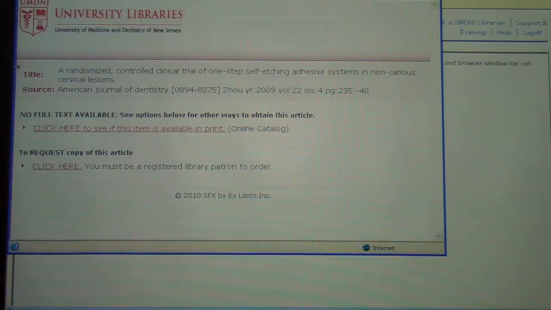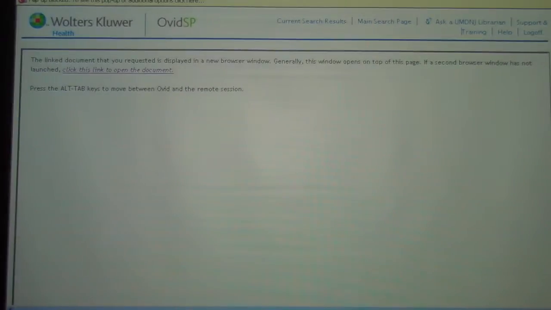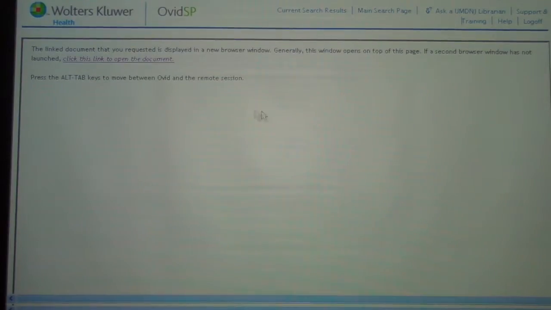No, it's not available. No full text is available. Click here if you want to see if this item is available in print, or click here if you want to order the article. So we could either go to the library and get the hard copy from the stacks, or we can even just order the article. But let's say it's too much effort to do all of that, and all we want to do is find something that's in print